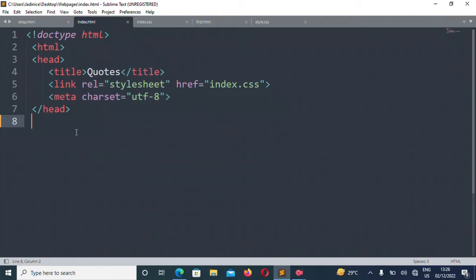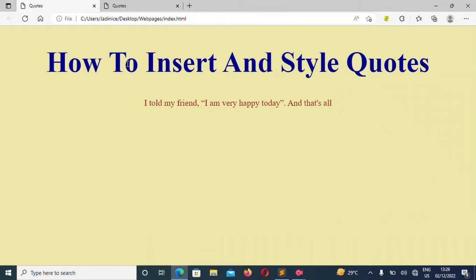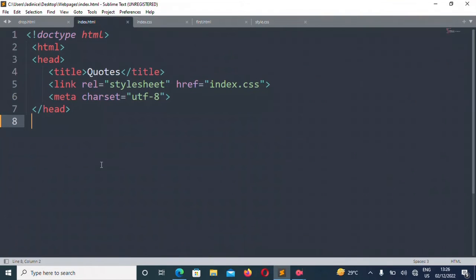You can create one, and once you've created it, you type in the doctype HTML, the head, and the title will be quotes, as you can see over here. So once we do all of that, we'll be able to begin coding. And to link to the CSS file, we're going to use the link rel stylesheet href index.css, which is here. It's the name of the CSS file that I saved it as. So we'll start. Let's refresh.